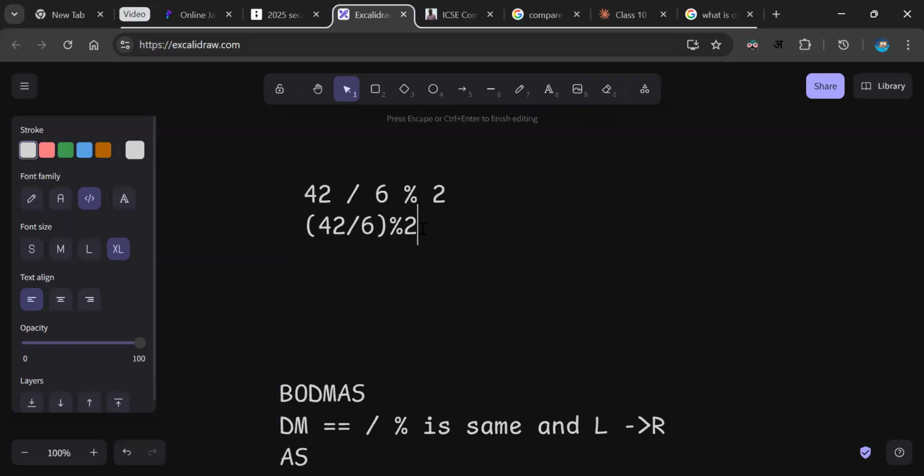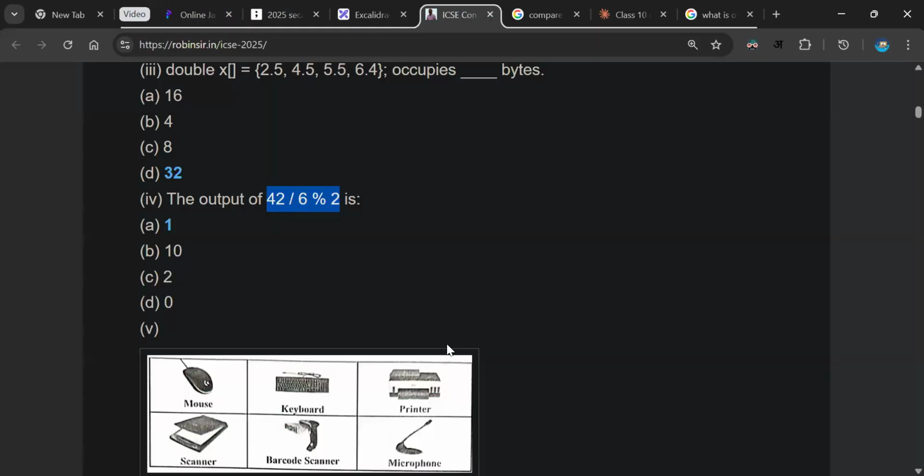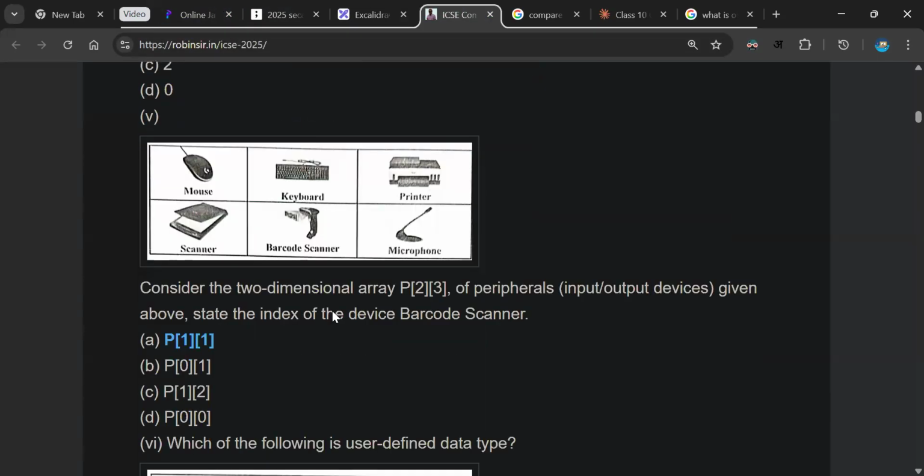Then what's the answer to 6, 7? So the quotient is 7, and 7 modulo 2. So 2 threes are 6 and the remainder is 1. So 1 is the answer. Okay. Then they are asking